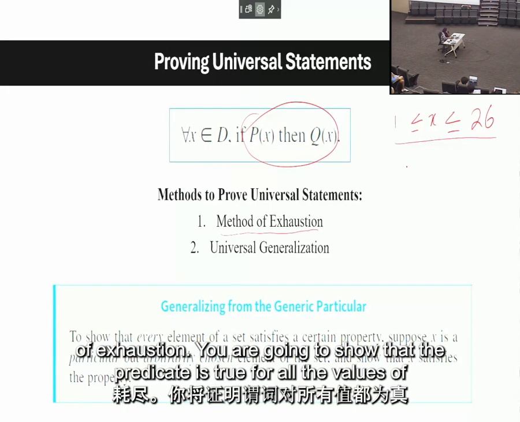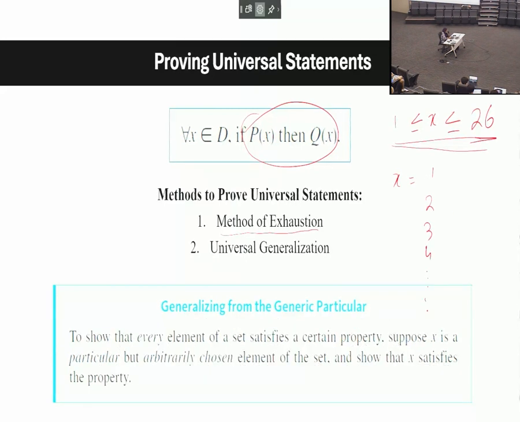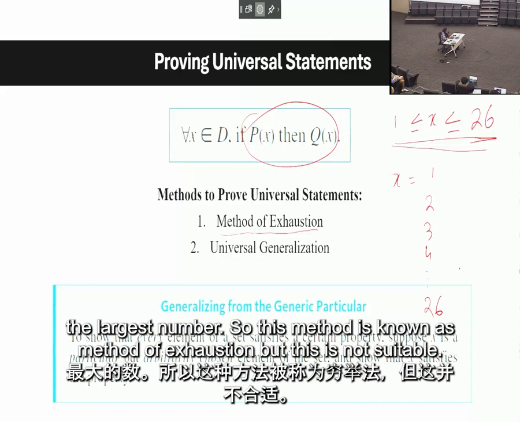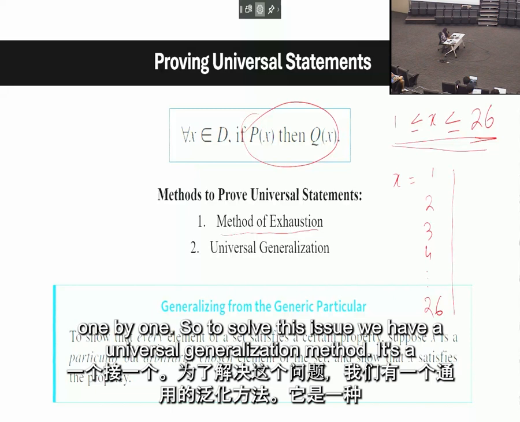You are going to show that the predicate is true for all the values of x, for example, over the range up to the largest number. But this is not suitable. You may have numbers greater than 2600,000. How will you prove it then, one by one? So